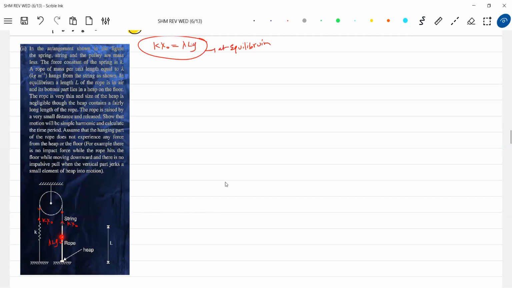Slightly, I'll pull the rope, then I'll release. Who will execute SHM? The rope. The rope is having a mass. Yeah, you can see here, a rope of mass per unit length equal to lambda hangs from the string. It's asking to find the time period of oscillations of this rope. But the length of the rope will not be L, no. So I think somewhere